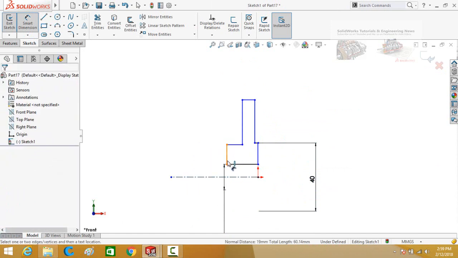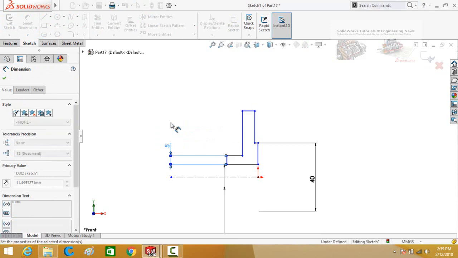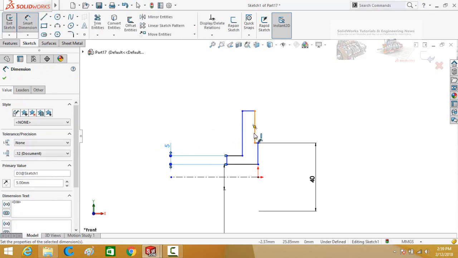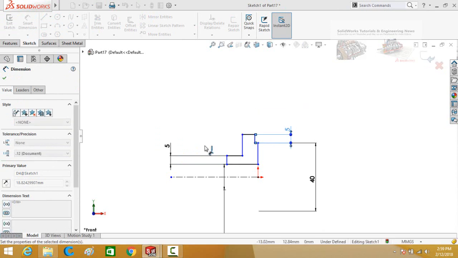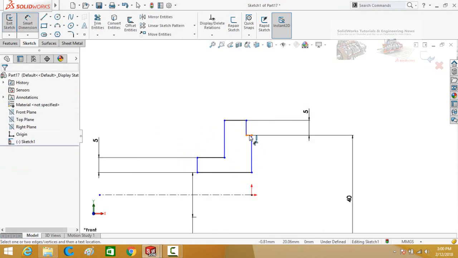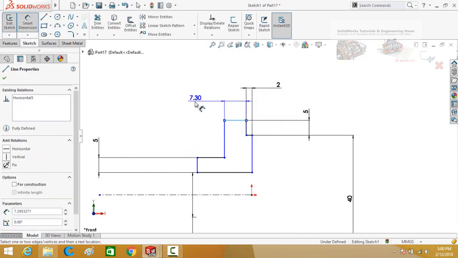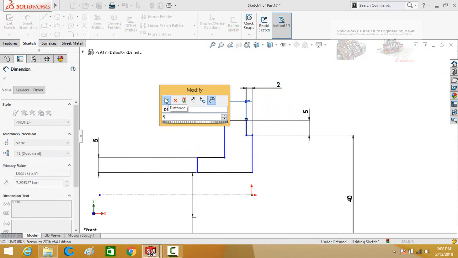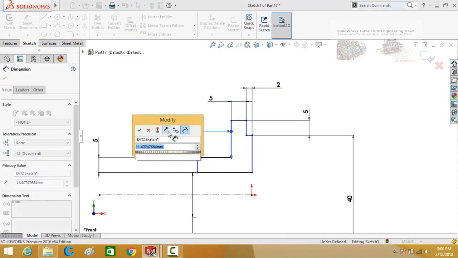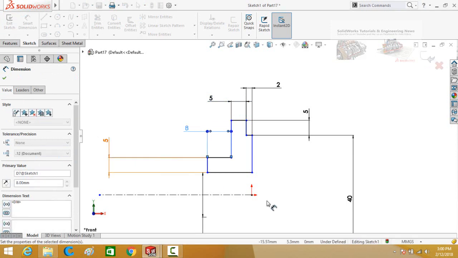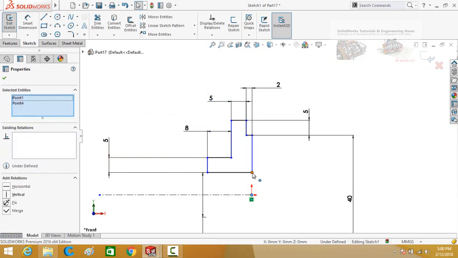This height is 5 millimeter, and also this height is 5 millimeter. This width is 2 millimeter, this width is 5 millimeter, and this width is 8 millimeter. Now press and hold Control key from your keyboard, then select the origin and this point, make their